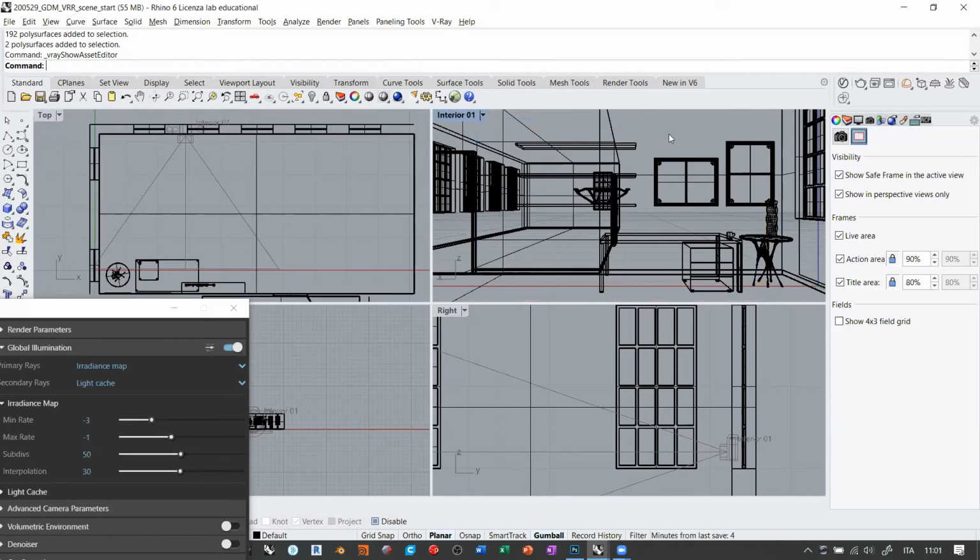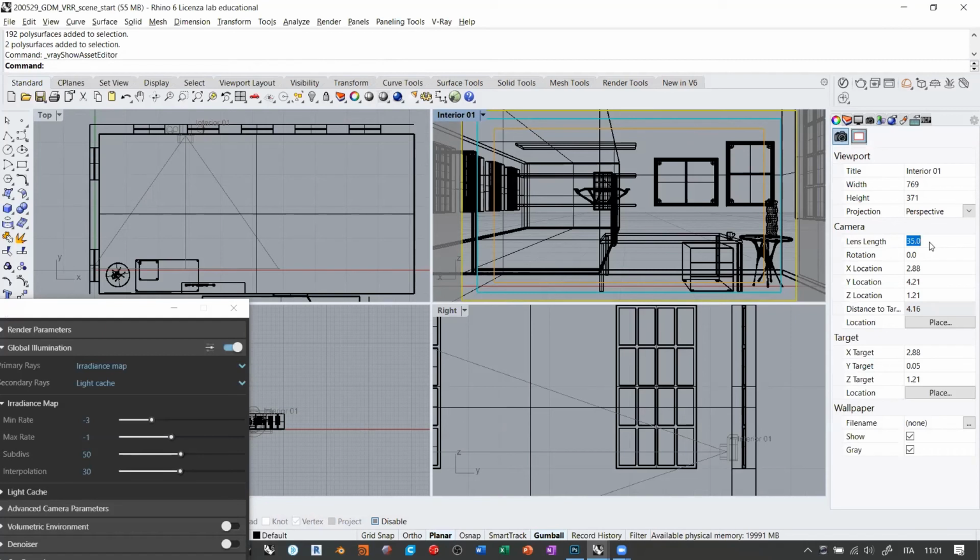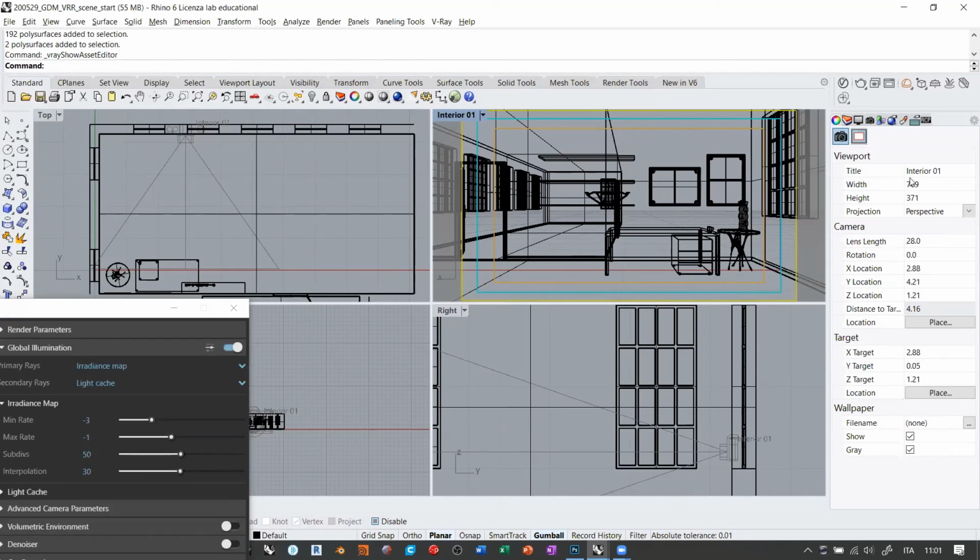So the only thing that you can do is go back to your viewport properties, go back into view properties, and reduce the lens length a little more. So let's switch to 28. I normally tend to use real life lens lengths. Of course you can use, for example, 29.5, but I wouldn't recommend that,